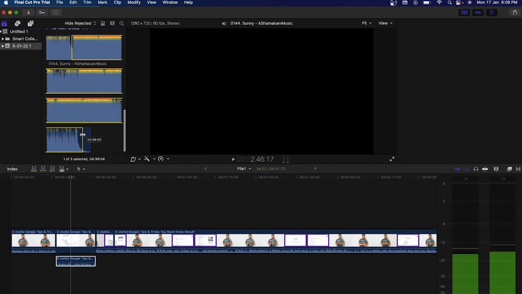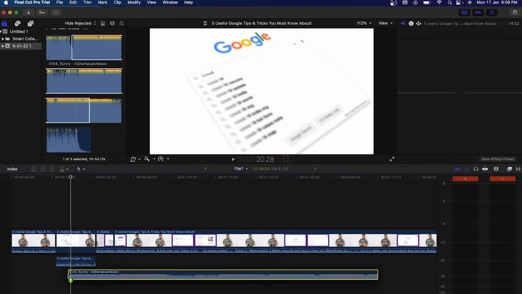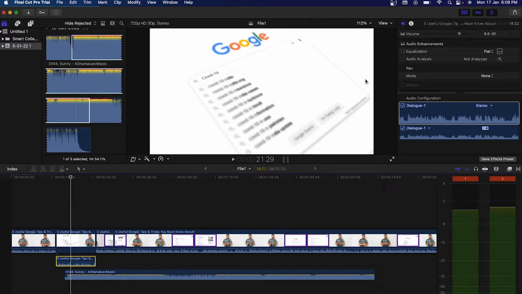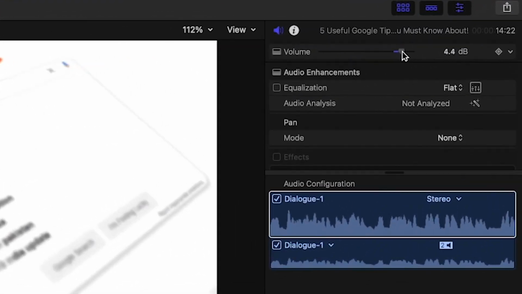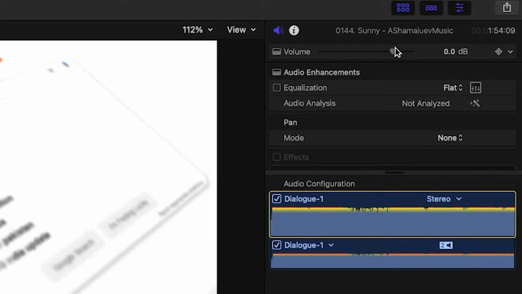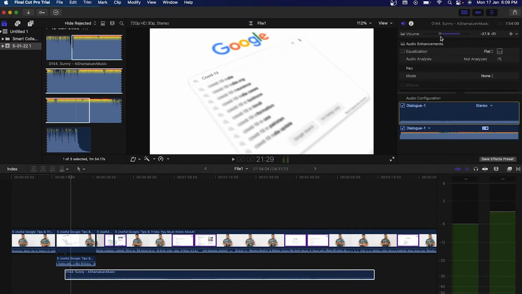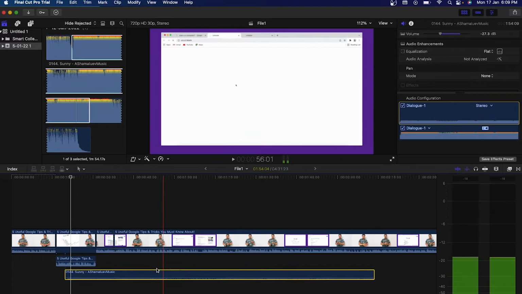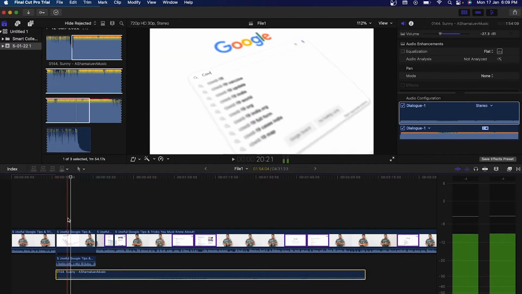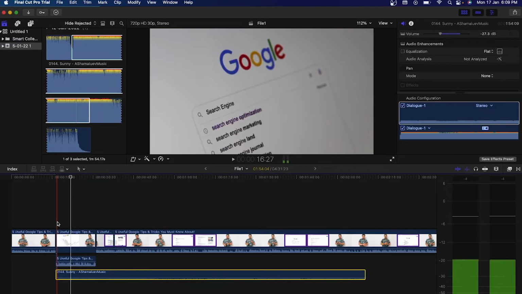Then drag and drop that music just like this. If you want to change the volume, select the file, and from here you can change the volume just like this. Now if you want to animate your volume, for example, if you want your audio to fade